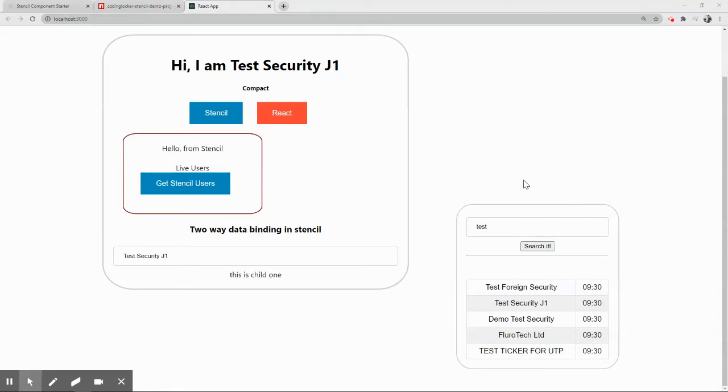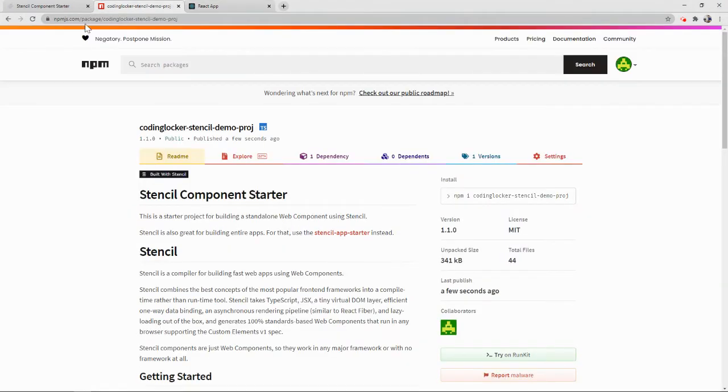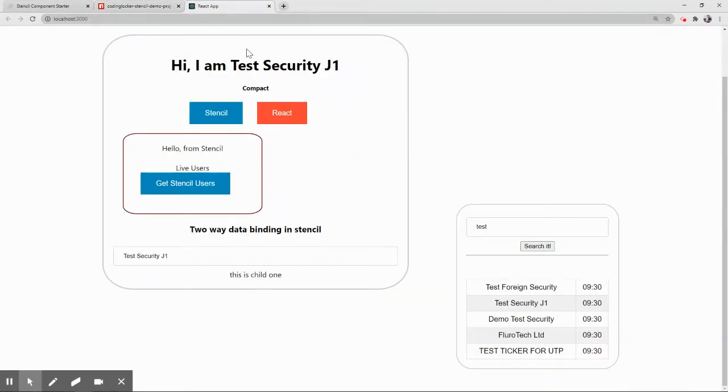How do I deploy my custom web component to npm.js and reuse this in an Angular application? In the previous videos, in the first one, we exported our package to npm.js. In the next one, we reused this in a React application. And this is the third part of the deployment, not of the Stencil series, just the deployment. This is the third part. We will reuse this component in an Angular application.